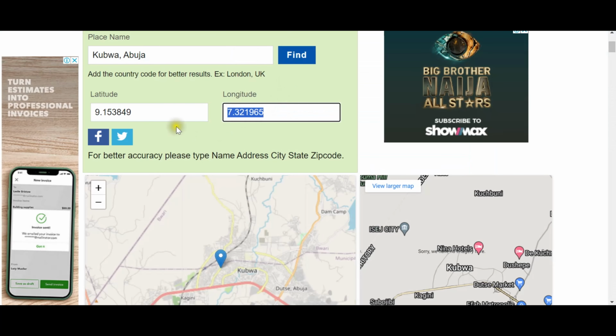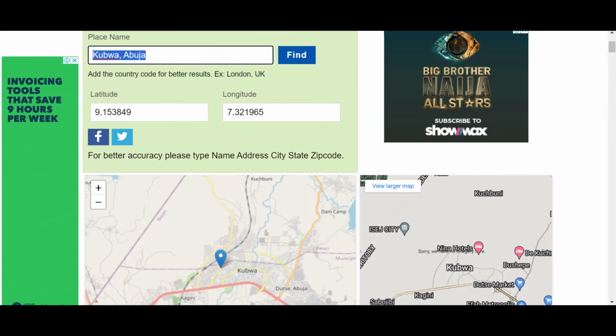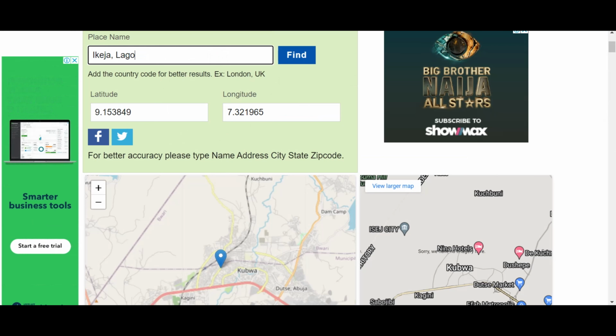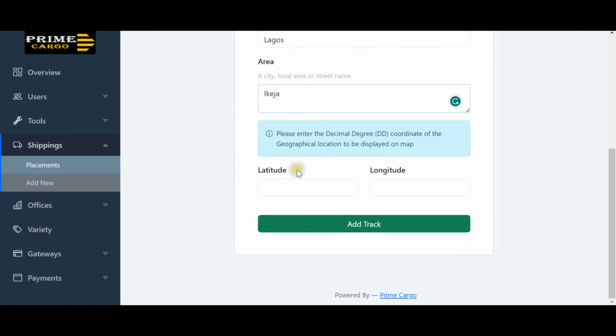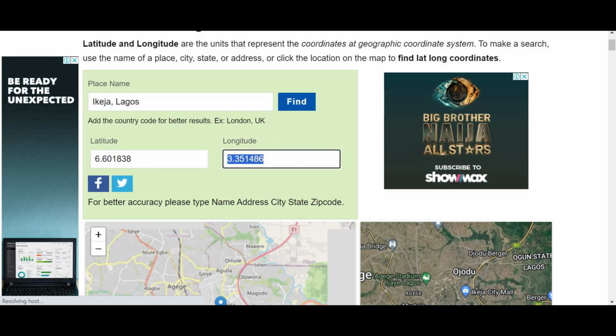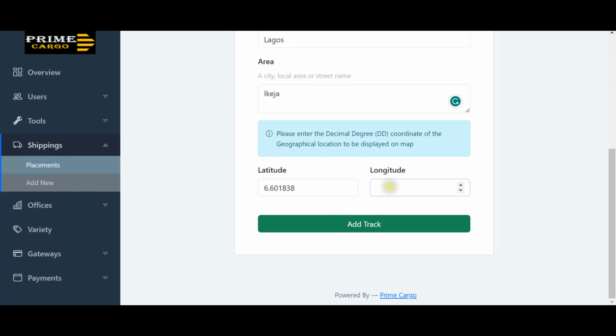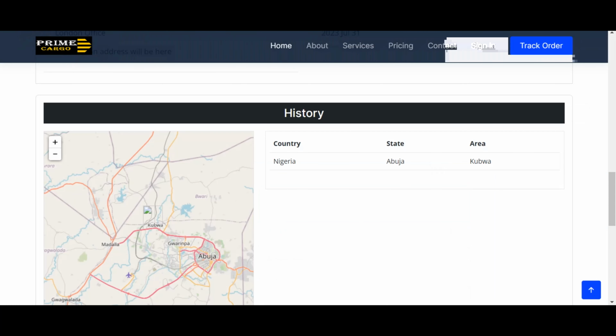Longitude and latitude of Ikeja, Lagos. From here, this site will give me the longitude and latitude of Ikeja, Lagos. Now this is the latitude, and for the longitude, this is the longitude. Click on add track. And if I come here and I reload,